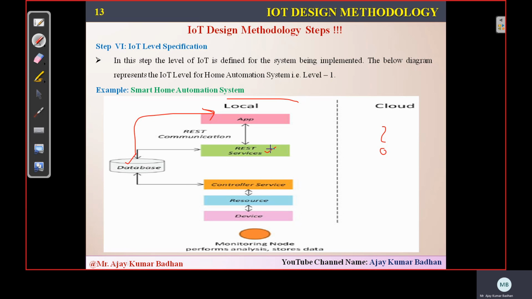And using REST services, REST, I think you people know, is a communication API, so using this we will communicate. This app is nothing but an application you have developed within the smartphone, which is executing. That comes under Node.js. Then we have the controller service. I think you might have understood now what a controller is, as we have seen in the previous diagram: controller service, resources, and devices. We will have a single monitor node which will be monitoring the intensity of the light. If you see here, the database is locally present. We are not storing any information gathered by this sensor in the cloud. Locally, we'll be storing the information and will execute the entire thing.